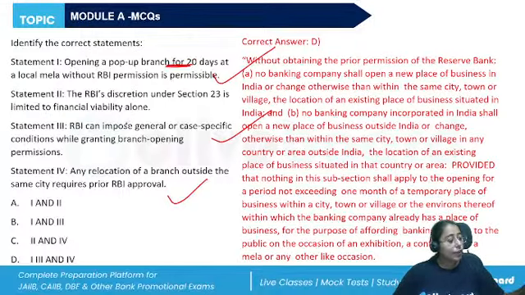All right. So if you are opening a place of business in the same city, or changing your existing place of business in the same city, that is fine. Prior permission will not be required. Or if you are opening a temporary place of business, that is also exempted. Other than that, first you need to apply for a permission. Once you get the permission, then you can proceed. So the correct answer will be D, 1, 3, and 4. Statement 2 is incorrect.